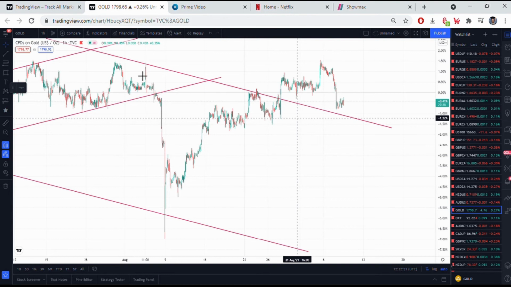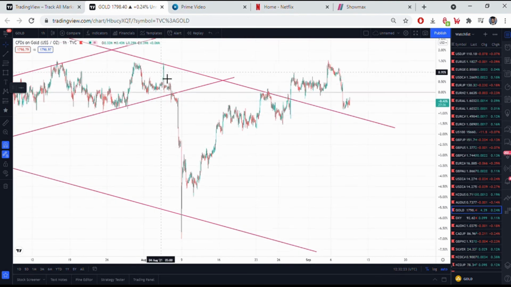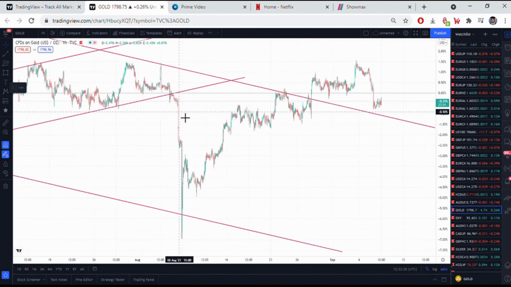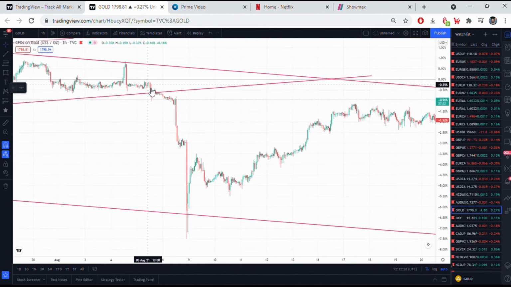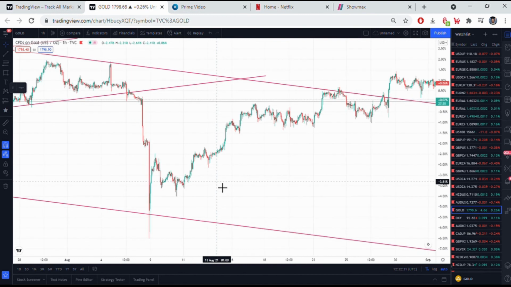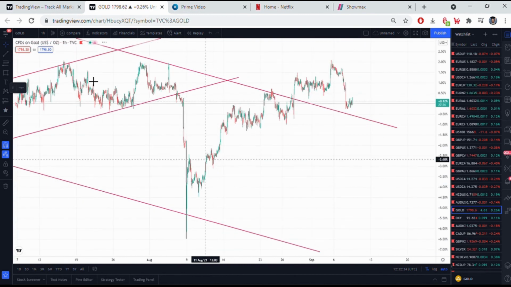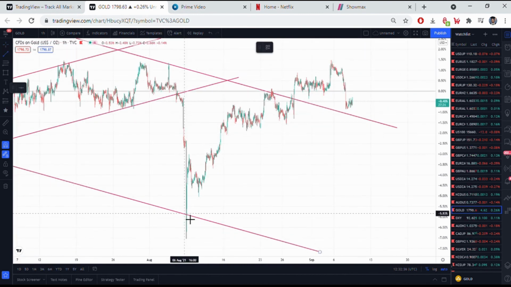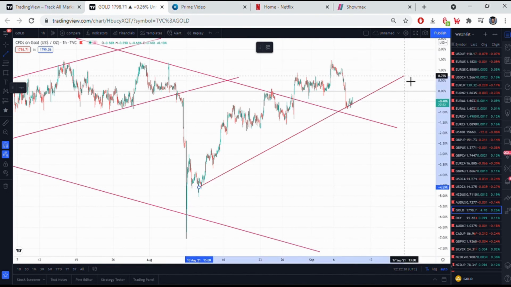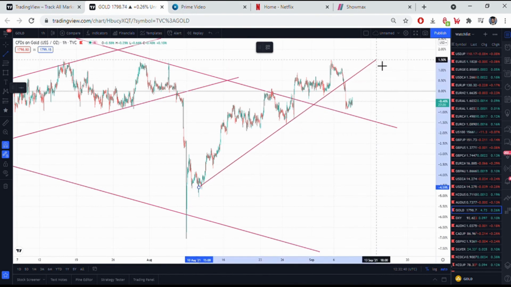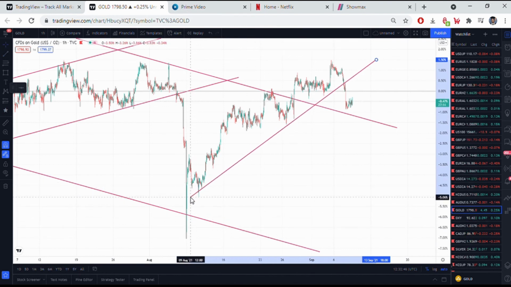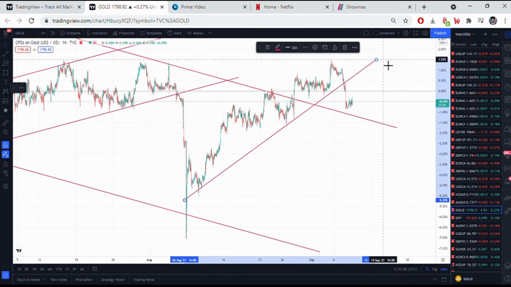Now the market broke out. You can see it broke out of the channel, yes, broke out, came back, retested, and pushed to the downside. Now a similar thing is happening here again after the impulsive move to the downside. Do you see how clear it becomes? The more you go deeper, the more you dwell into your analysis, everything becomes clearer and clearer.